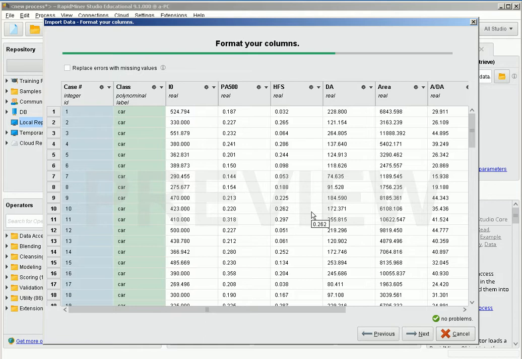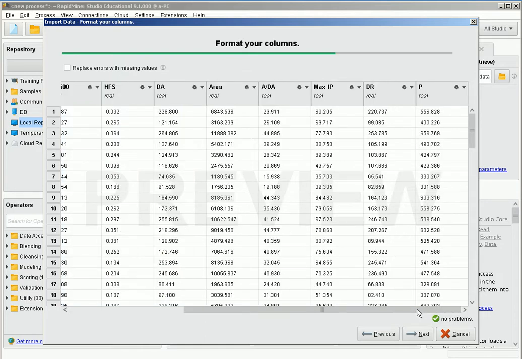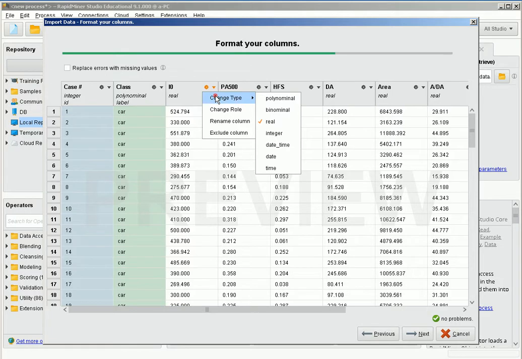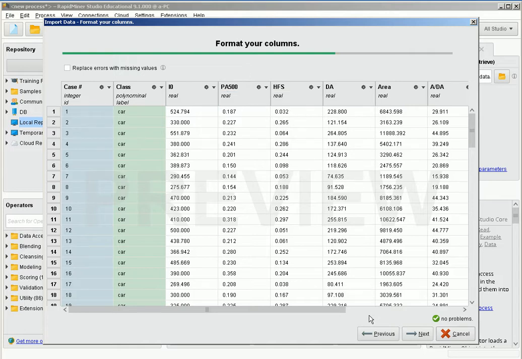standard attributes in white. All the standard attributes are metric, are real numbers in these datasets, and they have to be imported in the proper way. In case some of them were not, I could change the type of the data to, for example, polynomial, which could be text, or binomial, if instead of being a number it is just a binary variable, 0, 1, or to integer, or to some other type of data. In this case everything seems to be fine, all of them seem to be real numbers,